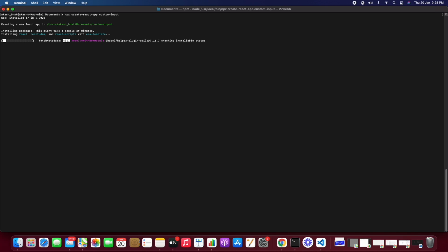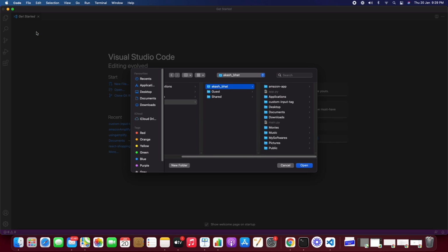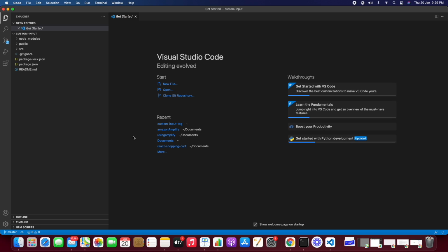So let's give the app name as custom-input, and it will install all of the libraries and other things that are required. Let's give it some time to get installed, and meanwhile we will just open the application where it is getting created. So custom-input, we just open the application,